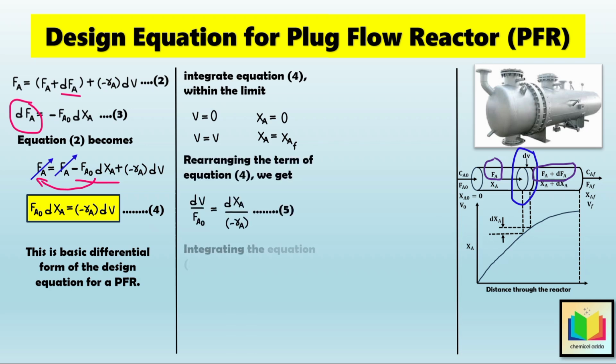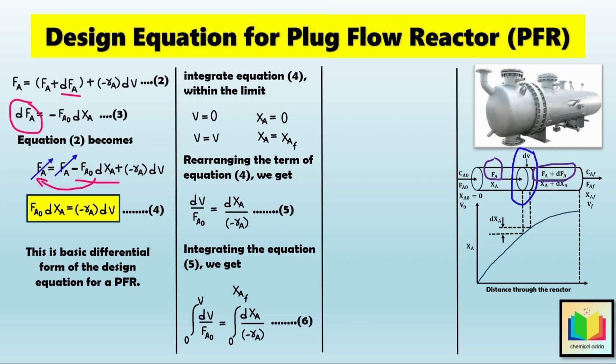Then after applying integration to equation 5 within the specified limits, we obtain integration from 0 to V, dV by Fa0 is equal to integration from 0 to Xaf, dXa divided by minus Ra. But as we know, in equation number 6, Fa0 is constant, but minus Ra certainly depends upon the concentration or conversion. Hence after applying the integrating formula to the left side, keeping Fa0 constant, we get,